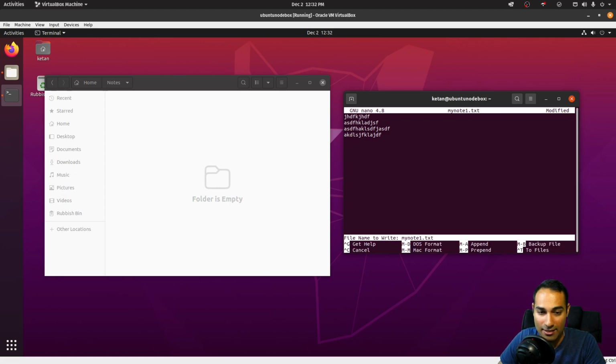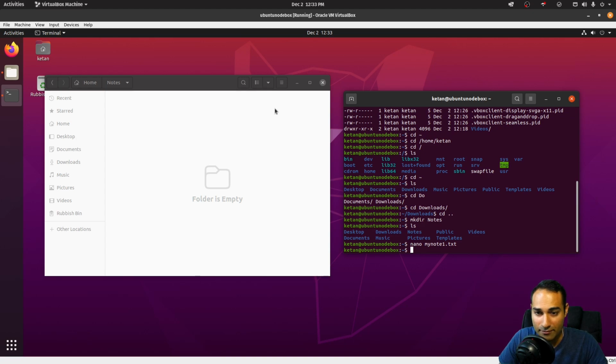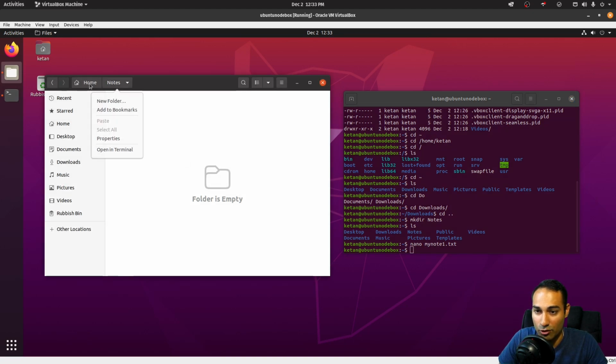And you say yes, so you put in Y for yes, and then it'll ask you, well, what's the file name that you want to write to? And you can just press enter, because that's the one that you've nominated back in the command line. So you press enter, and so in notes you will hopefully see,